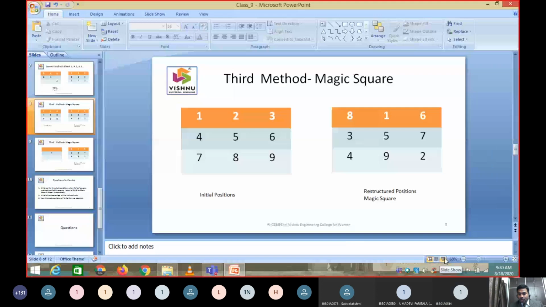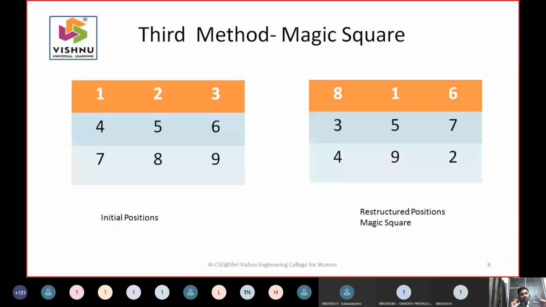So what your magic square tells you is, instead of changing the values of blank, A and B, it is better to change the positions, then you have a better classifier. That's what it is telling. So you compute row wise or column wise or in terms of diagonal elements. 8 plus 5 plus 2 is 15. 4 plus 5 plus 6 is 15. Whether you compute row wise, column wise or diagonal wise, you get a value of 15.